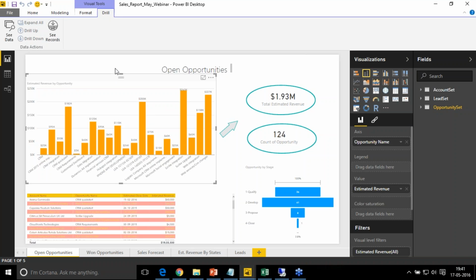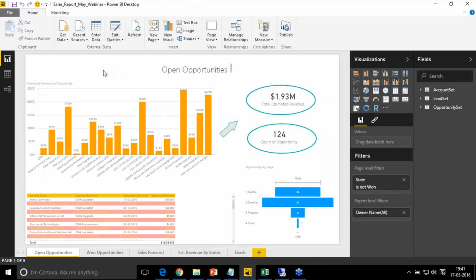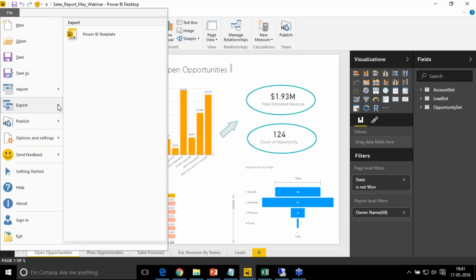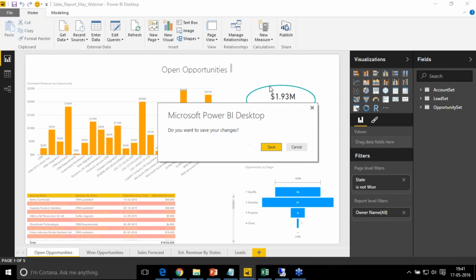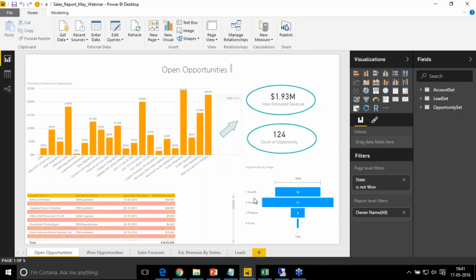So this is another update in the Power BI Desktop tool for the reporting section. And the next important update over here is exporting your Power BI file to a template. So how can you do this? If I go to File and click on Export, there is an option over here, Power BI template. If I save the file,